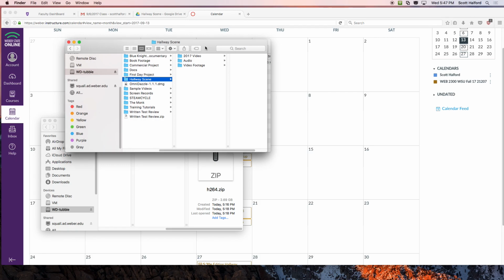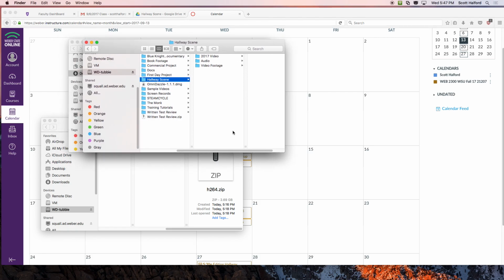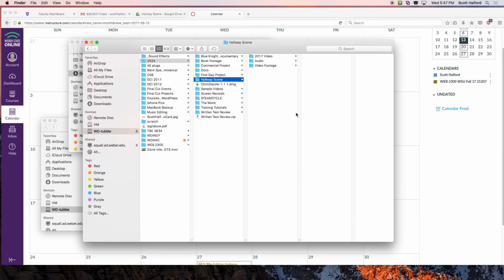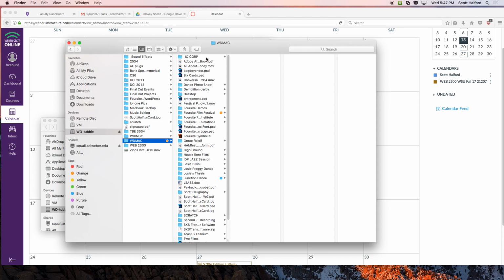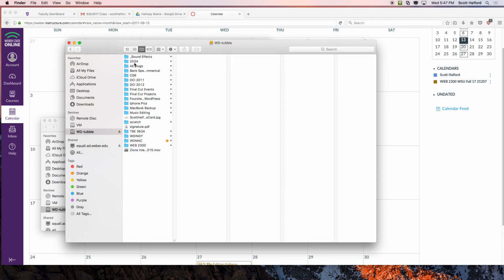If we go over to Finder, and I'm just going to expand this out, and my drive I call WD-Tubby because it's a terabyte and it was big. So TB for Tubby, I guess. It's not supposed to be offensive in any way, but